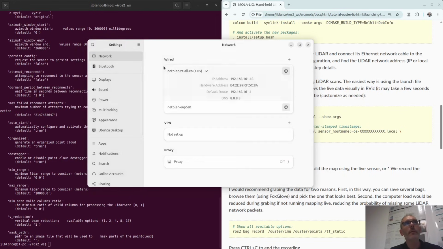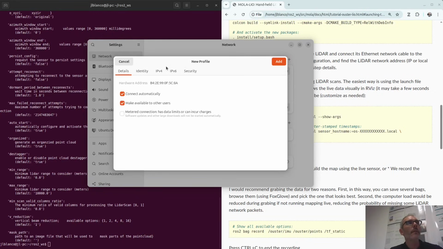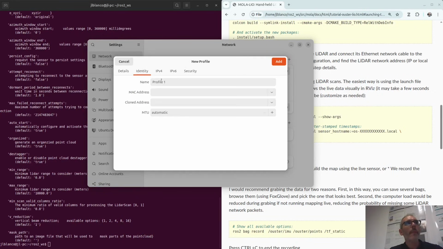It's wired because it's connected through the Ethernet cable. So create a new one, and here in identity I recommend writing something which is human readable and understandable, like a local connection for Ouster LiDAR.